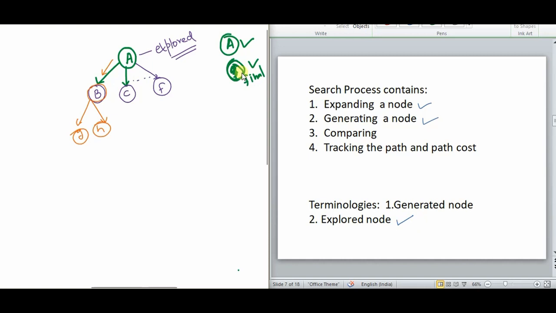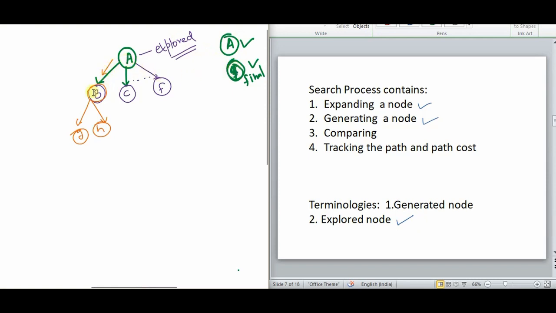Now one difference that I want to tell you: in data structures we have already seen depth first search and breadth first search traversal methods, but there our aim was to traverse all the possible nodes in the tree or graph at least once. But in AI, breadth first search and depth first search are not just graph traversal methods, they are search strategies. So we are using these strategies just to check whether we have reached the final state or not.